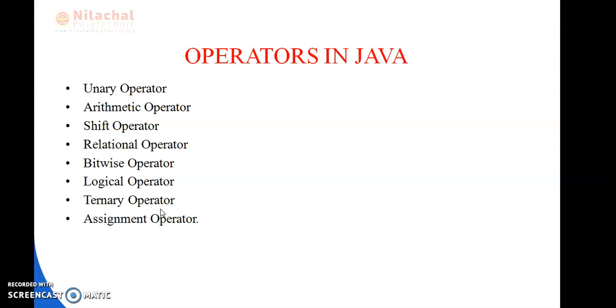Okay. Then comes the Java assignment operator. Java assignment operator is one of the most common operators. It is used to assign the value on its right to the operand on its left. For example, adding a short, typecasting operator. What is a typecasting operator? A typecasting operator is where you can cast or change from one data type to another data type.